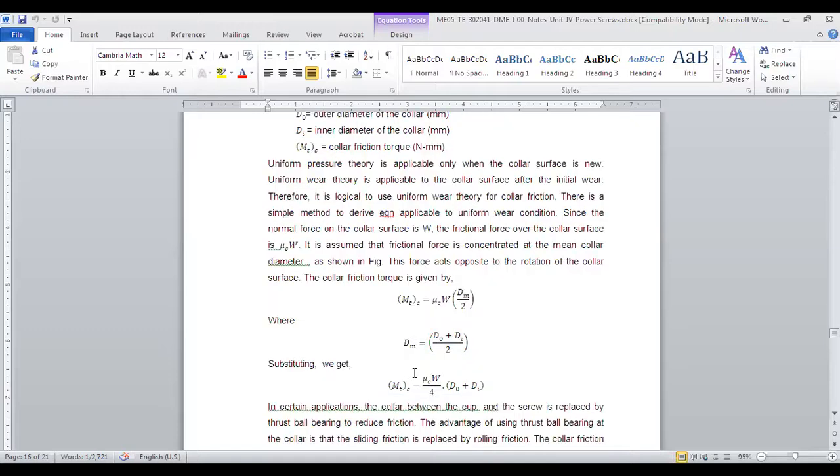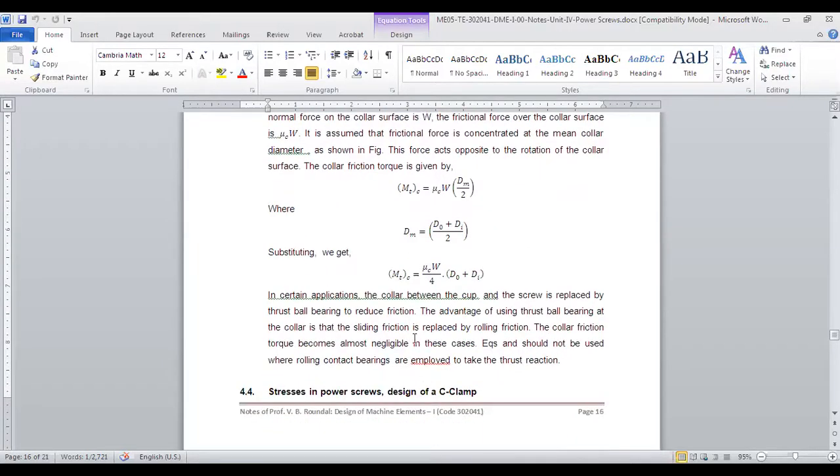Are you getting it? I will again repeat. So basically, we will get this torque. When we are raising a load or when we are lowering a load, we have to overcome two types of friction. One is the friction between surfaces of the thread, right? And one is friction between collar and the cup, right? We have to overcome these two frictions, and those two frictions will have two different torques. One is torque required to raise the load or lower the load.